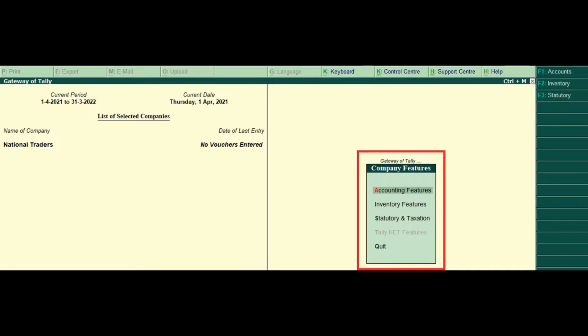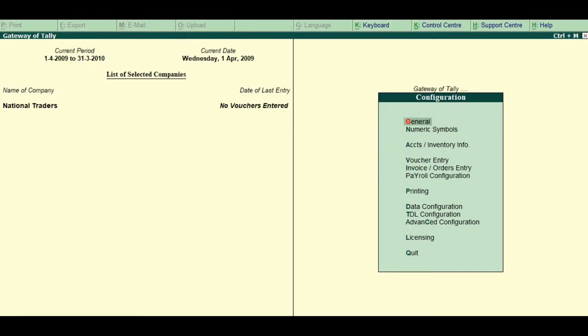In Tally.ERP9, the configurations are provided for accounting, inventory and printing options and are user definable as per your requirements. The configurations are applicable to all the companies residing in that Tally.ERP9 data directory. The configuration options vary depending upon the menu display.